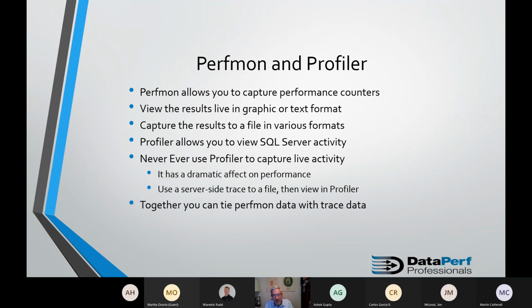Interesting story about Perfmon. I was actually in Brisbane doing a presentation for the user group there. Gosh, this had to be in 2016, 2017, somewhere in there. And a gentleman introduced himself to me after the meeting, and I did a whole session on performance counters and capturing the data with PowerShell. And he said, yeah, I'm the guy that wrote Perfmon.